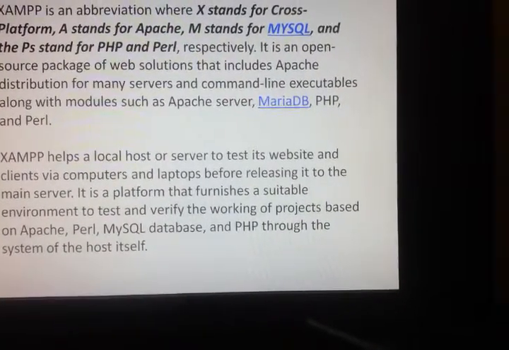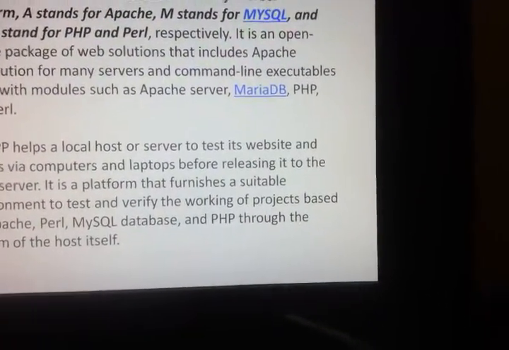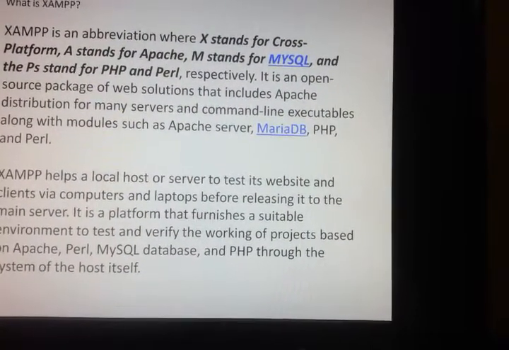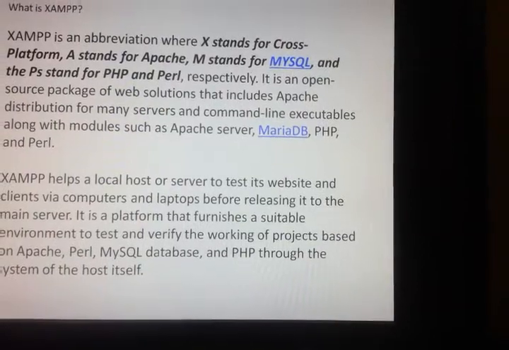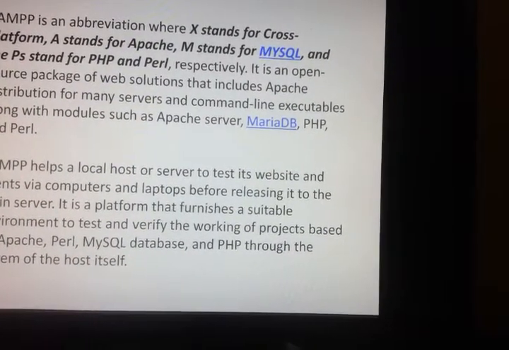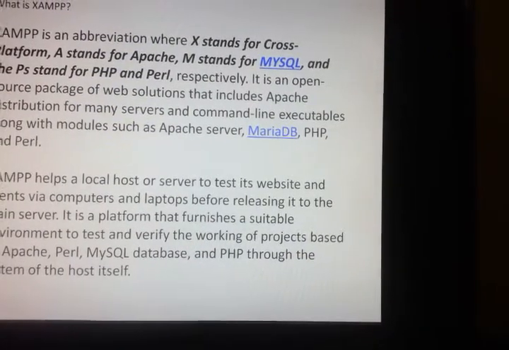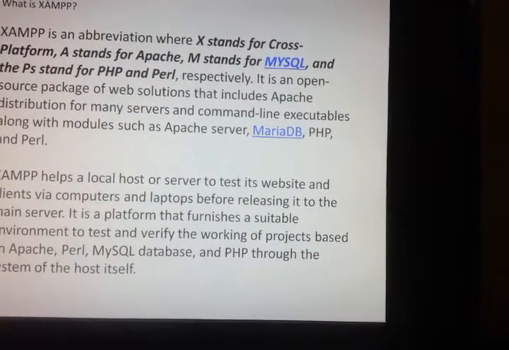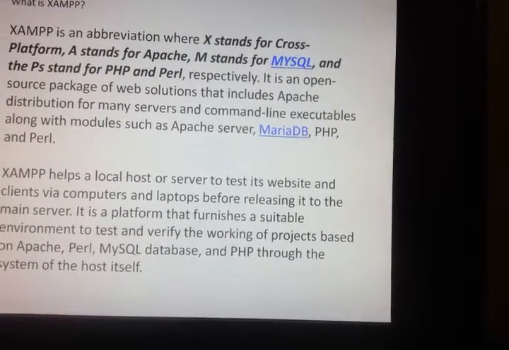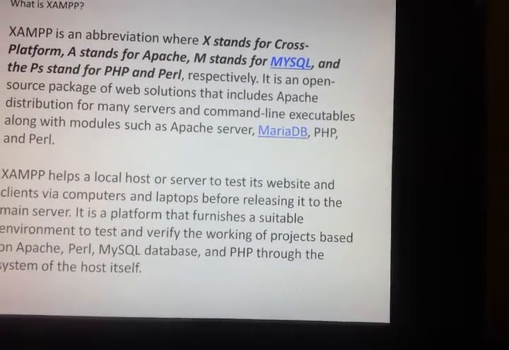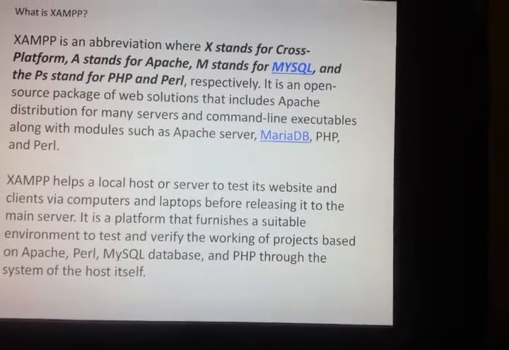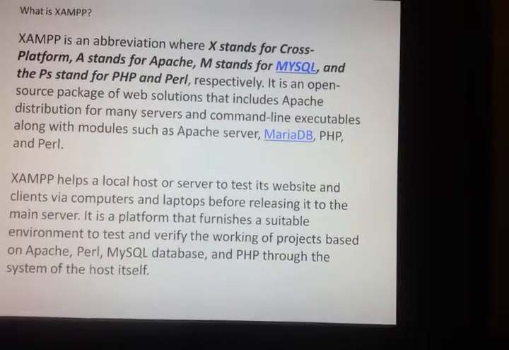So it is a platform that furnishes a suitable environment to test and verify the working of projects based on Apache, Perl, MySQL database and PHP through the system of the host itself.